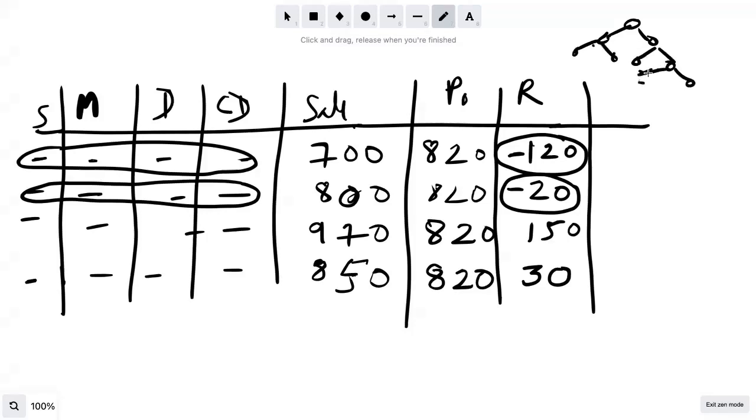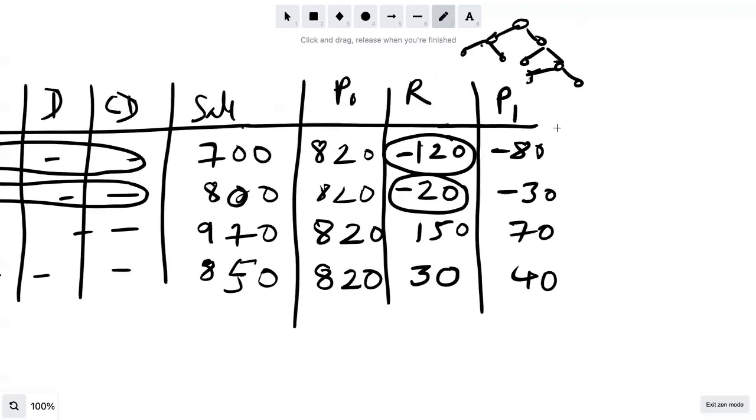So we create a decision tree, and using it, we now try to predict how much we were off by when we made the first prediction. When we made the first prediction, we were off by 120. And now suppose our decision tree predicts here minus 80. It predicts here minus 30. It predicts here that we were off by 70, and it predicts here that we were off by 40. Okay, so this is what our first decision tree predicted.